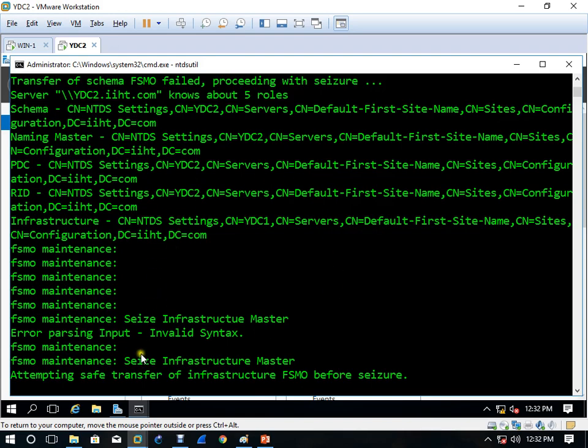Okay, so this is the last one which we are going to seize.